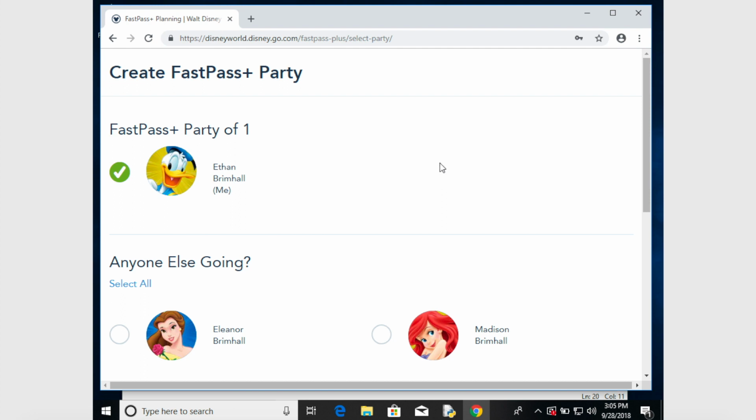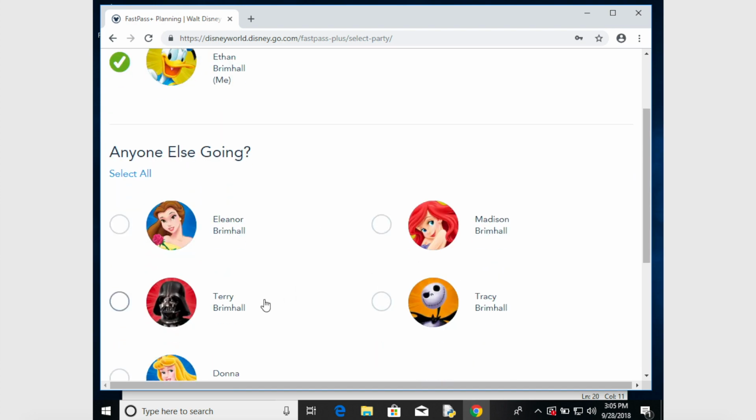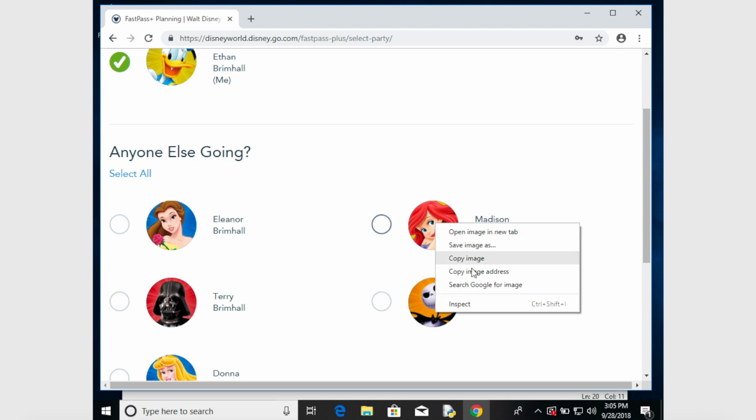And what I was talking about earlier is that me right here, this is me, I am already selected, so I'm not going to find the ID for that person. So if you are running the account for somebody else and that's not you, you're still going to find all the guest IDs except this person up here. So I have 3 IDs that I'm going to be getting, and to find that, you are going to right click on their picture, go to inspect,